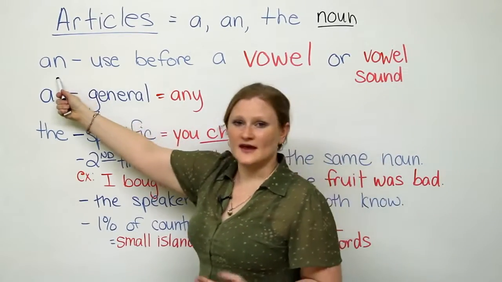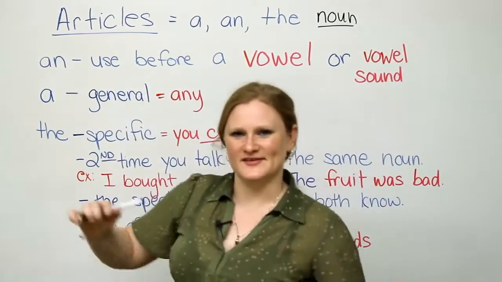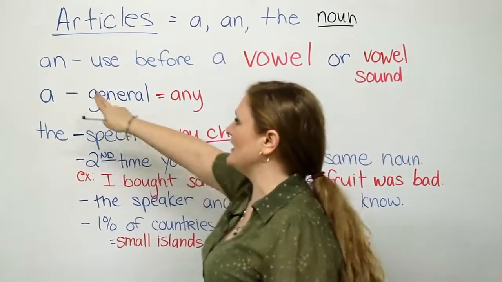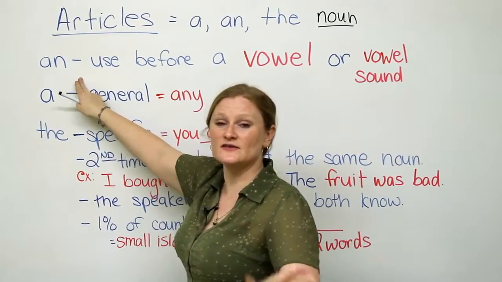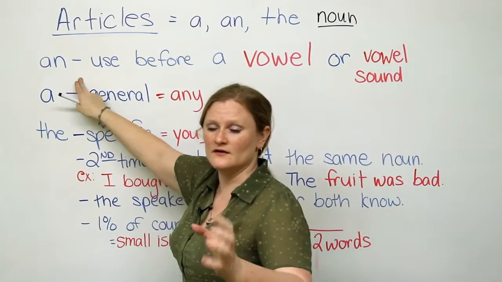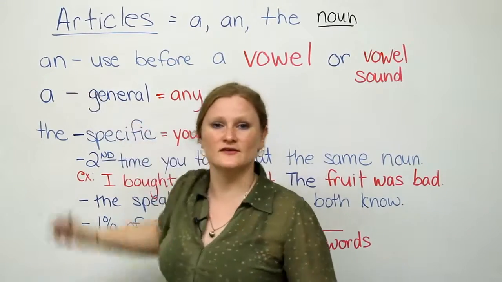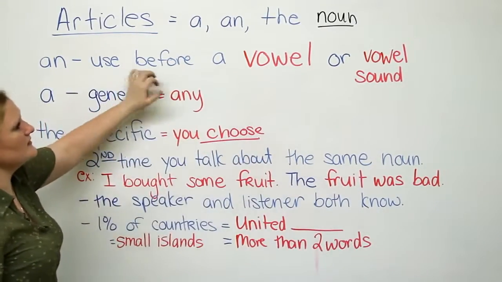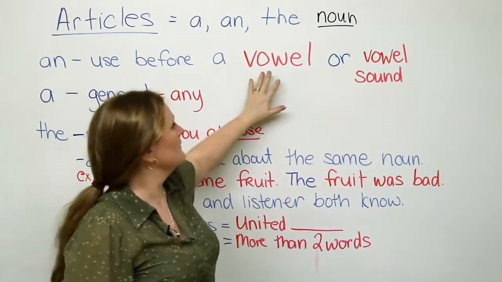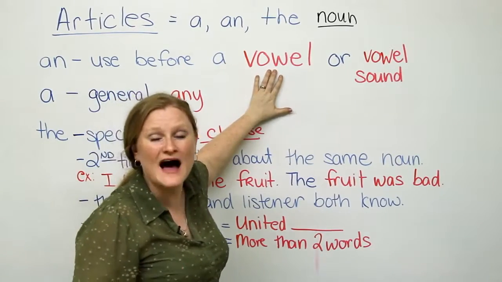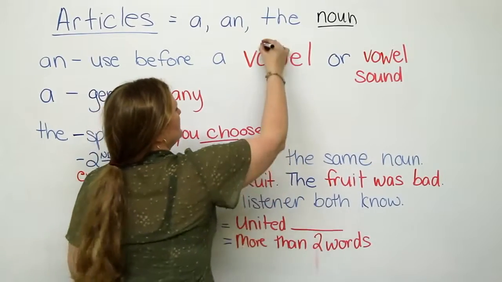The first one is an. An's easy. It's the easiest. We'll do this one first. An is used with a singular noun, it's an article, and we use it before a noun that starts with a vowel. Now, the pronunciation of this word